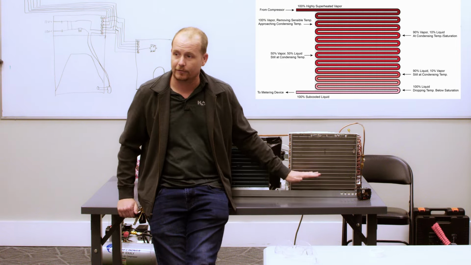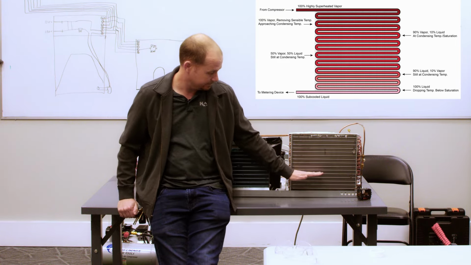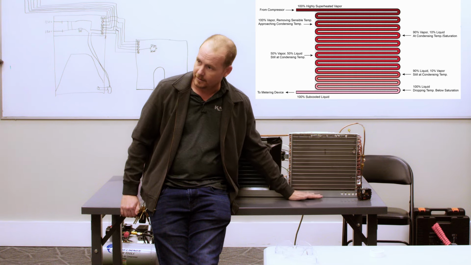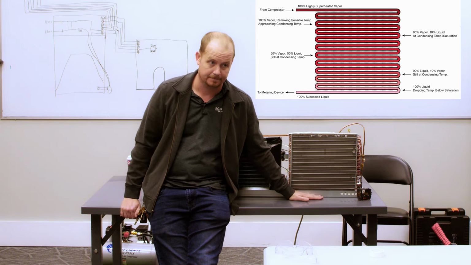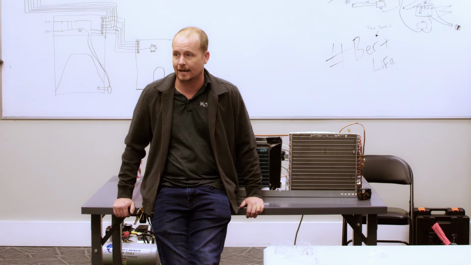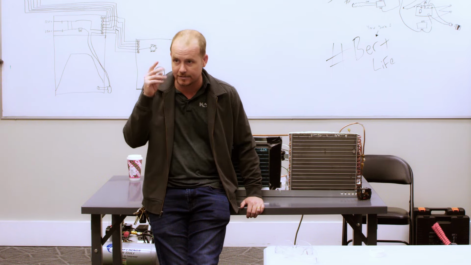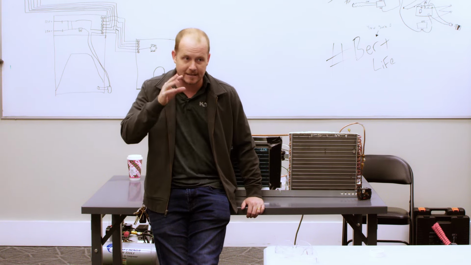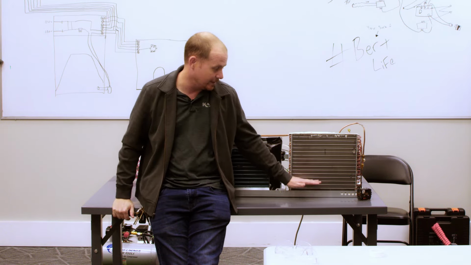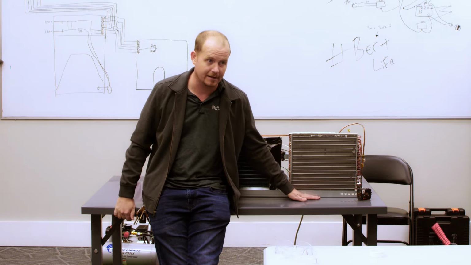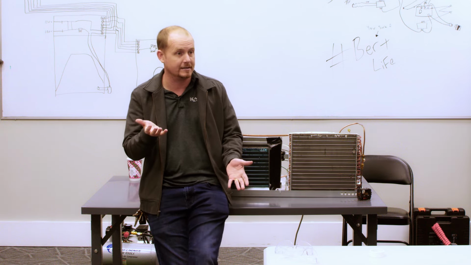So if I don't have enough refrigerant in the system, what happens? Eventually, I lose that liquid seal. Has anybody ever seen a sight glass in a liquid line where you can actually look in and see the bubbles? The bubbles in the sight glass are an indication that we don't have a liquid seal down at the bottom